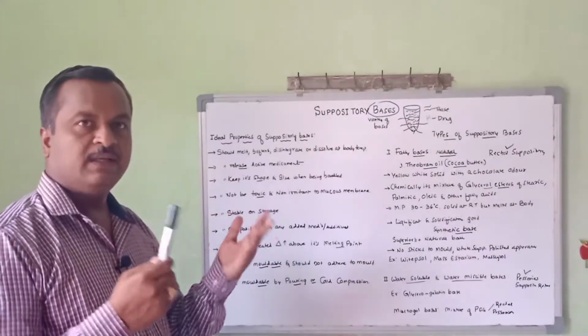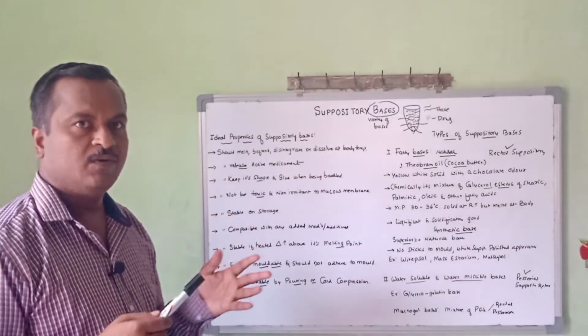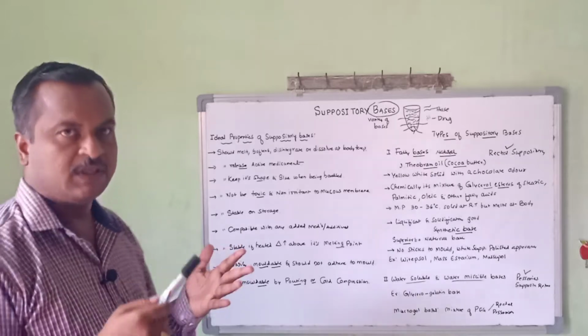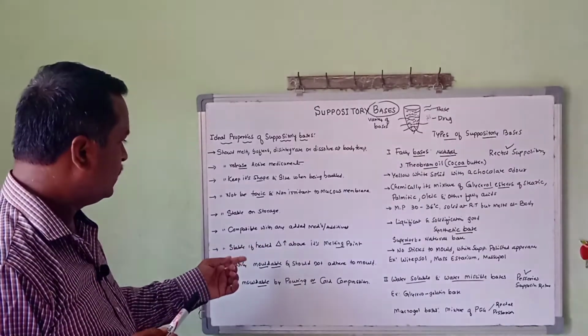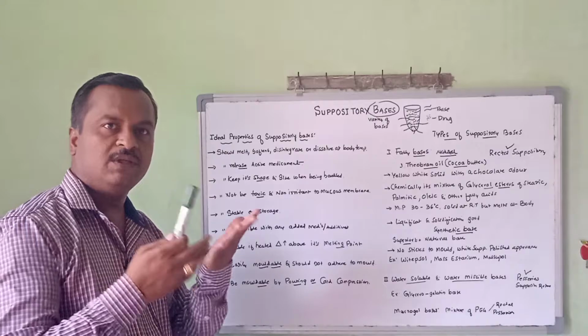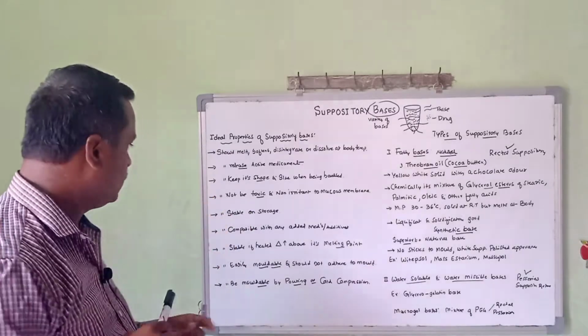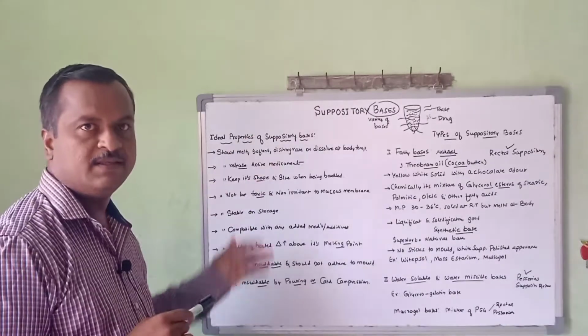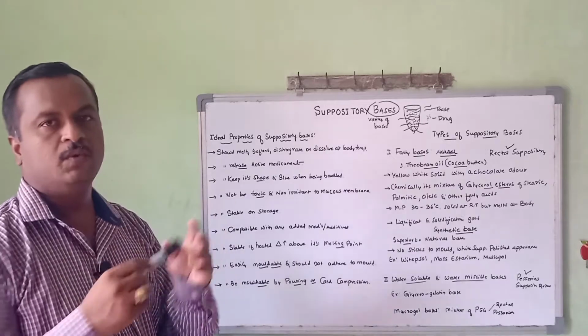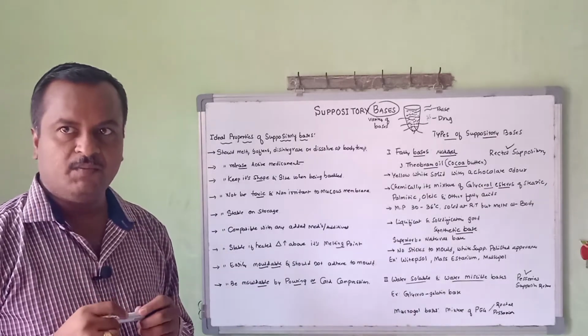कंपैटिबल विद एडेड जो भी इंग्रेडिएंट अदर देन ड्रग मेडिकमेंट उनके सपोजिटरी में ऐड करते हैं ना वो सब कंपैटिबल रहना. शुड बी हीटेड अबव द मेल्टिंग पॉइंट ऑल्सो. इट शुड बी स्टेबल एंड ईजिली मोल्ड रहना. ये सारे चीज़ अगर बेस में रहे तो उसको बोलते हैं आइडियल सपोजिटरी बेसिस.